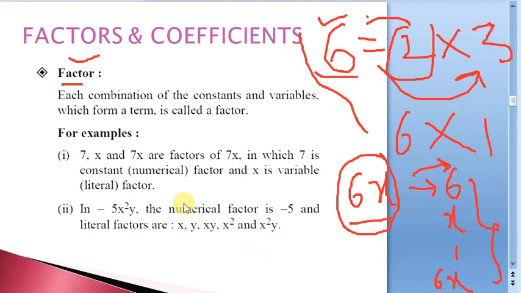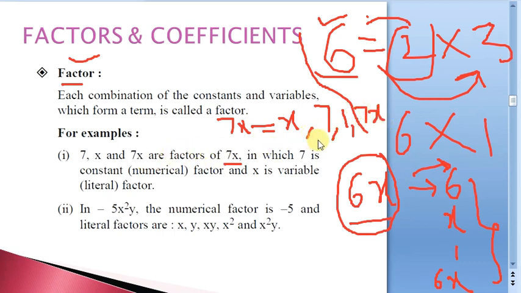Now let us take examples from here itself. Suppose I say 7x. What all can divide this 7x? x can divide it, it will go 7 times in 7x. 7 can divide it, it will go x times in 7x. 1 can divide it, as always 1 is a factor of anything, and 7x as a whole also can divide it. So these are going to be the factors.